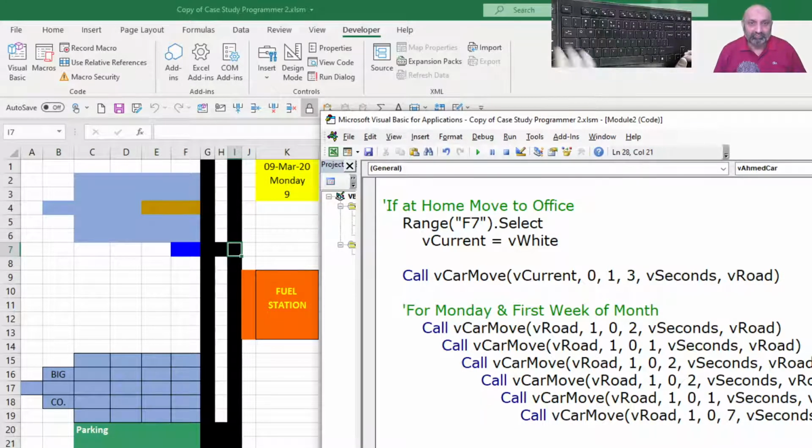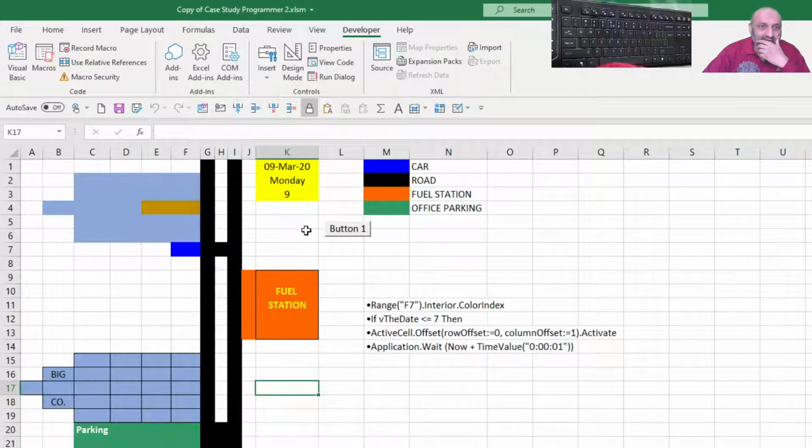Okay. So the first step is, this one is for the rows. Yes, 2 rows down. Good. Then one step to the right. So this time row will not change, column will change. And once we are in the fuel pump, then rows will change. Then again rows will change. And then this one step is not in the row, in the column, but it's going to be -1. And then we are going to take 7 steps down. So let's run it and see what happens.